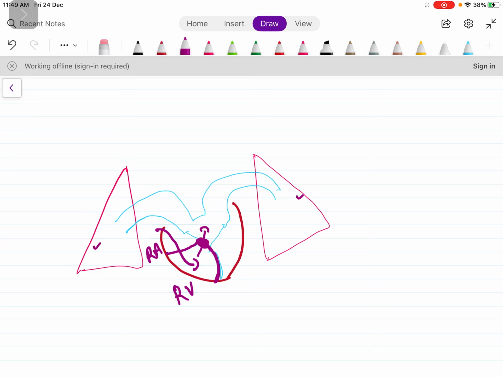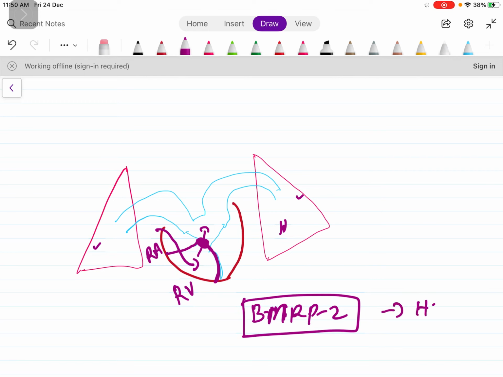If there is a blockage in any of the pulmonary artery branches, or if there is some underlying pathology, that is, idiopathic pathology in which there is a BMPR2 mutation, this leads to thickening of the pulmonary arterial walls, and this ultimately leads to hypertension. So these are the most common causes: obstruction or the idiopathic variety.